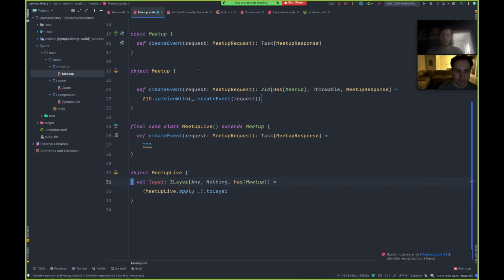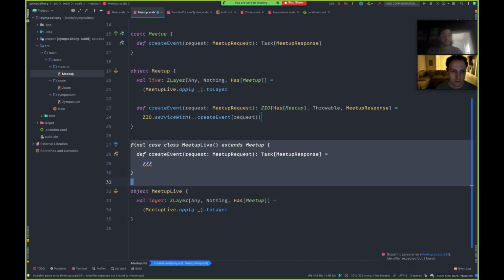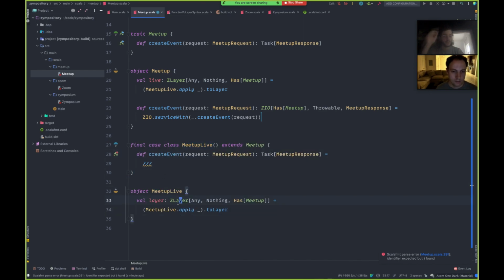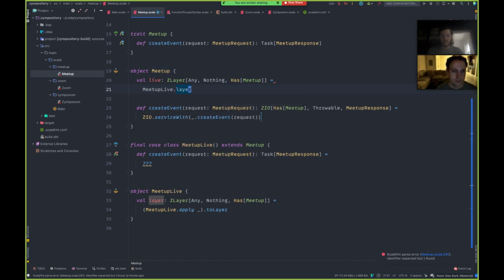So before, in the other object, we kind of just did this, right? We just put the live here. But if you have a really large layer that maybe has some logic in its instantiation, I tend to like having in the companion object of that implementation a layer property, which I can then call from the meetups live, meetup live dot layer. None of it is science at all.